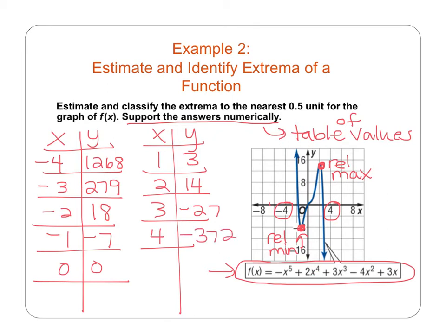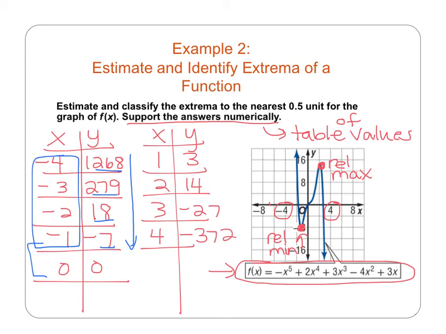Okay, so what I see here is a pattern in my function, my y values, as I move from 1268 to 1270 or 279 rather, to 18 to -7, back up to 0. So for these x values, right in here, my function is decreasing because my y values are moving in the downward direction. My y values are getting smaller. And somewhere between -1 and 0,